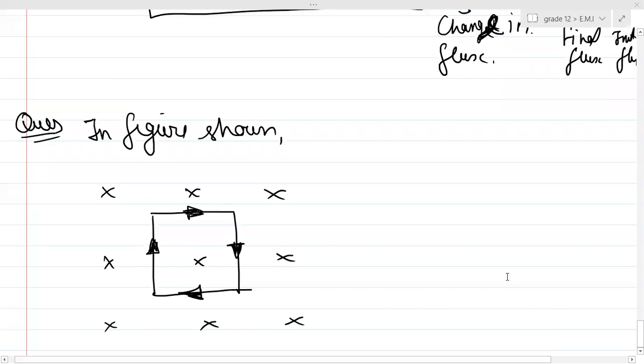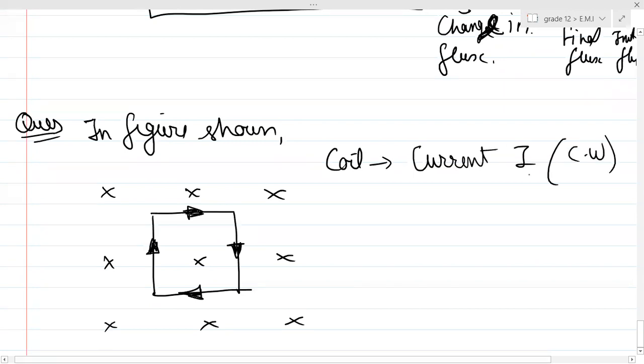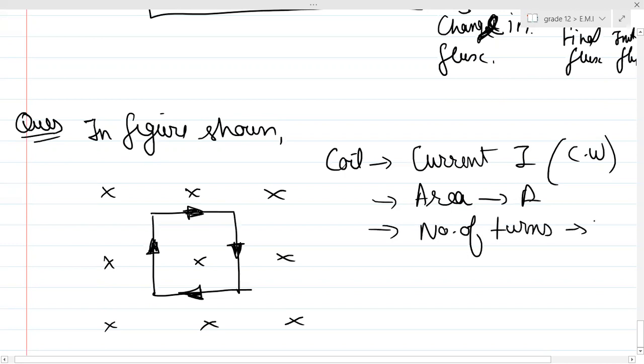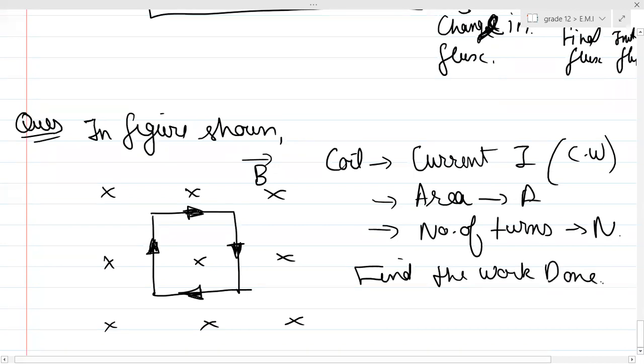My connection broke. Okay. So this was the figure, and in this figure there is a coil which has a current I in the clockwise direction, and area is A, and number of turns is N. Now my question is, and it is placed in the magnetic field B. So find the work done required to